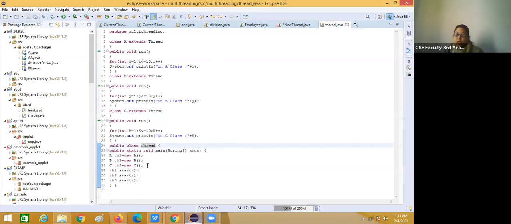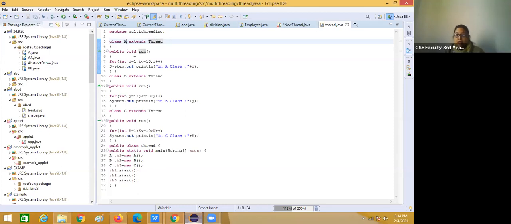When the main thread runs, all these three, A, B, C, which we can call child threads, are started. In parallel with the main thread, they work by sharing CPU time and finish their job. So one thing you should remember here is that A extends Thread.